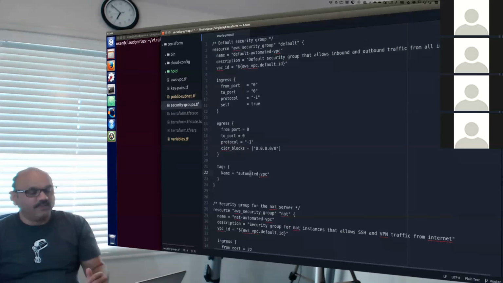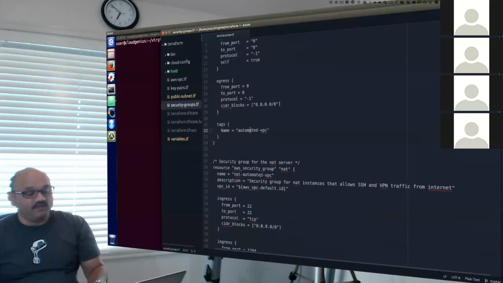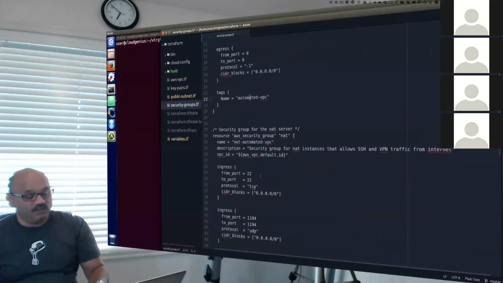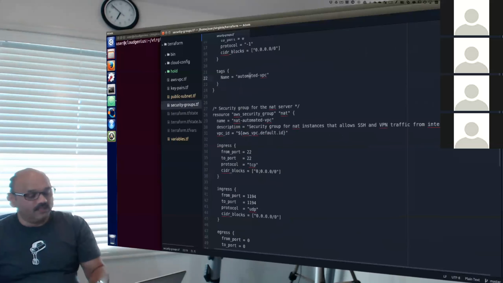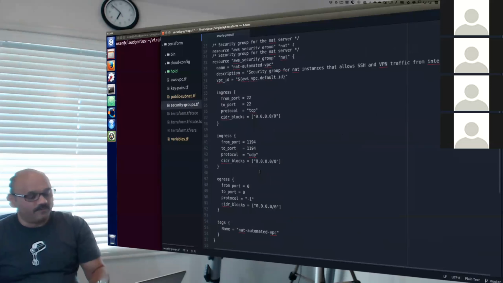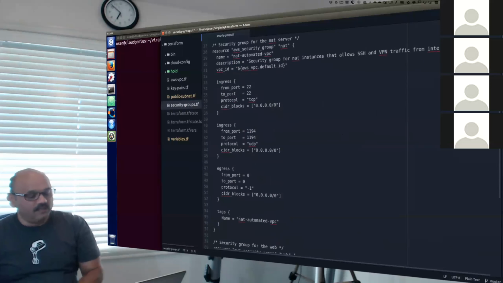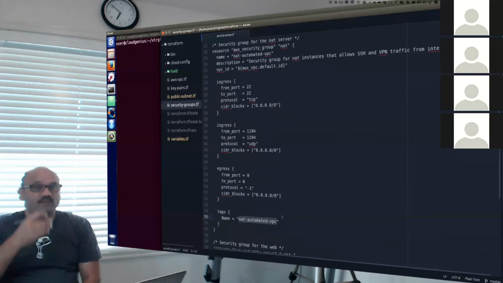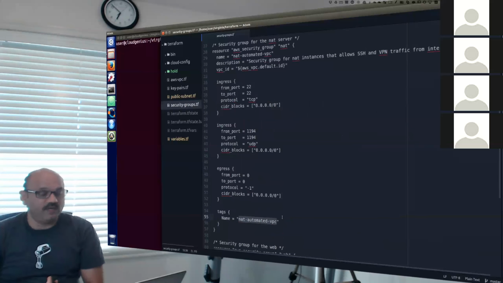Next, we are going to create a default security group for use with the NAT box. So this is going to be used with NAT. So that egress, ingress is defined in this section. And we are going to call it the NAT automated VPC security group. That's going to be the name. In the NAT group, we want to allow port number 22 access for anybody to connect to it. You can limit this further to keep it to your IP address if you like.